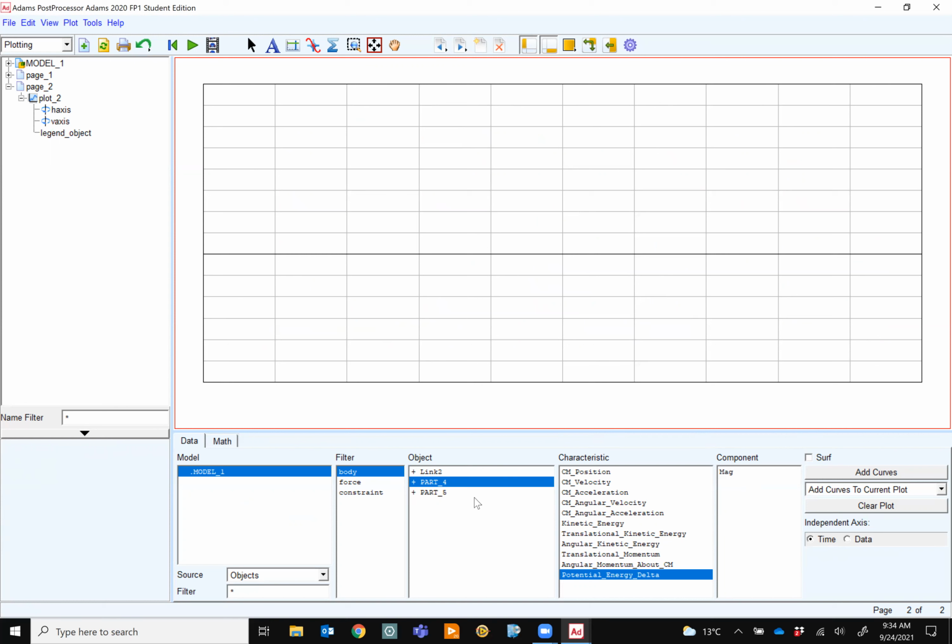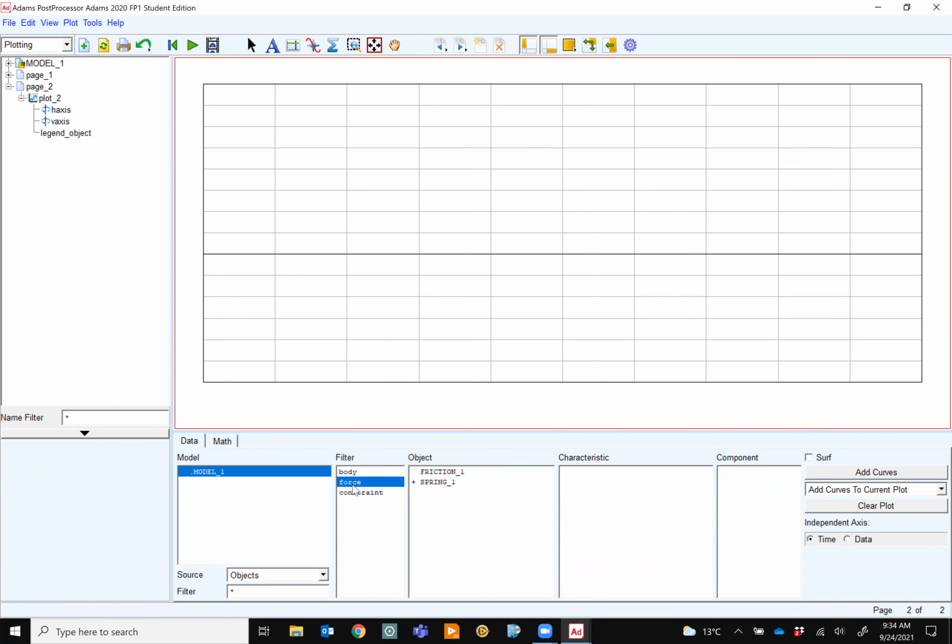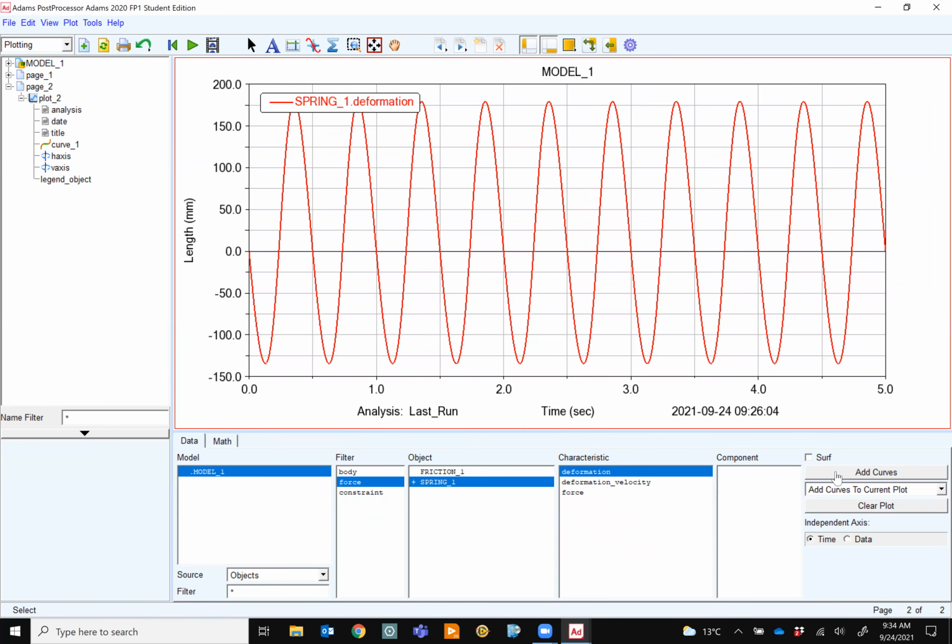Okay. Let's say I want the forces. The only forces that we have is this spring that we added, right? So for this spring, let's say I want the force as a function of the deformation. It gives me based on time, but I can get it based on the deformation.